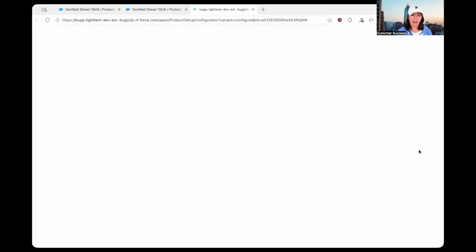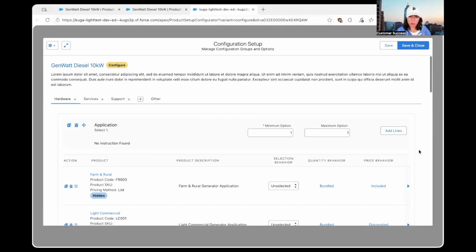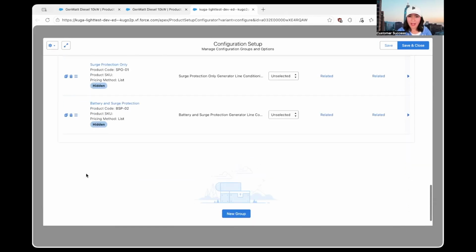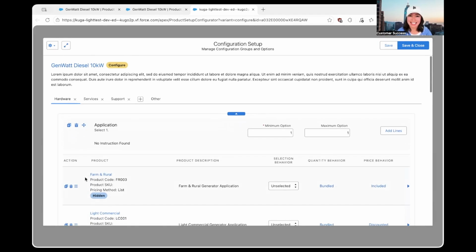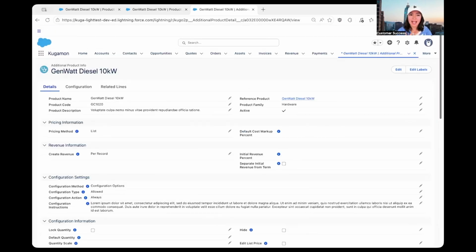So if I'm an admin and I want to reference this configurable product and these settings that I had set up and not need to start from scratch, if I wanted to create a second configurable product, I can do that with Kugamon. I can just copy this template and use it to create my second product in just a matter of seconds. So this really all saves you so much time, and there's no code, no API calls, it's